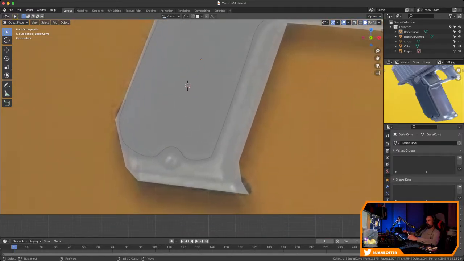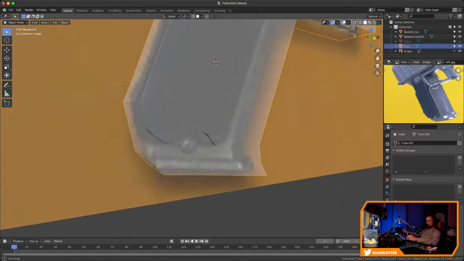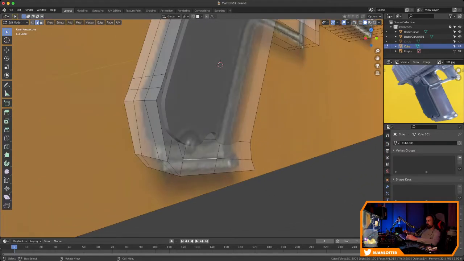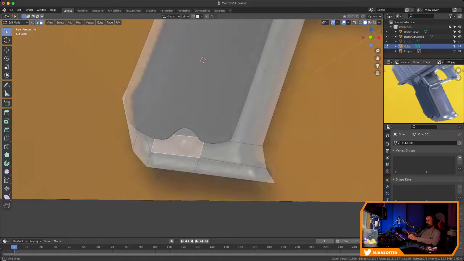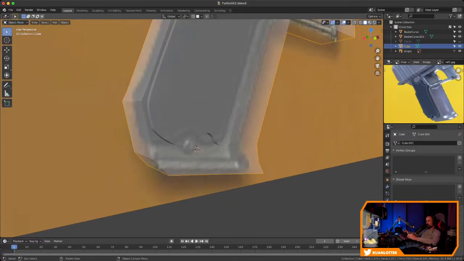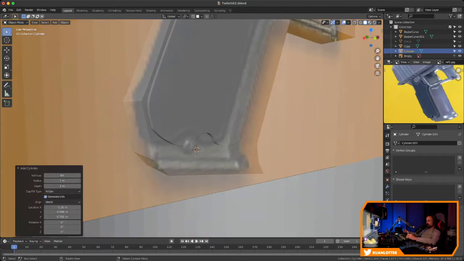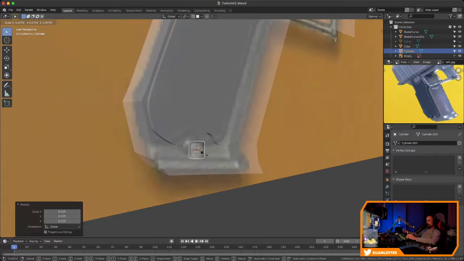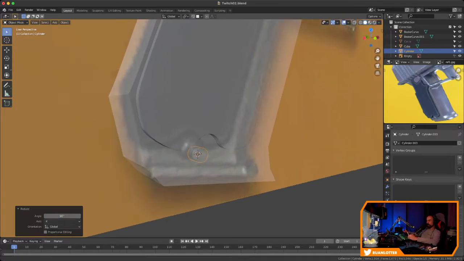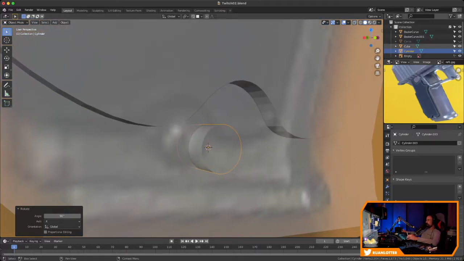Maybe let's create this little screw right here at the bottom. Maybe that's something we can quickly do. So I'm just going to place my 3D cursor right here. So cursor to selected, and I'm going to create a little cylinder. Just scale that down all the way, and I'm going to rotate this in the X 90 degrees. And what I'm going to do here, let me just switch off our